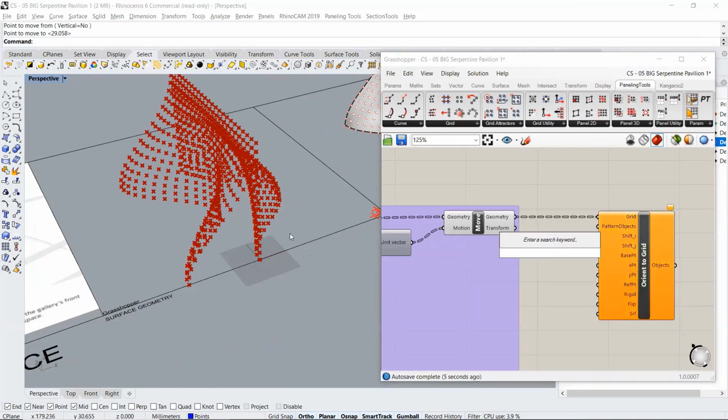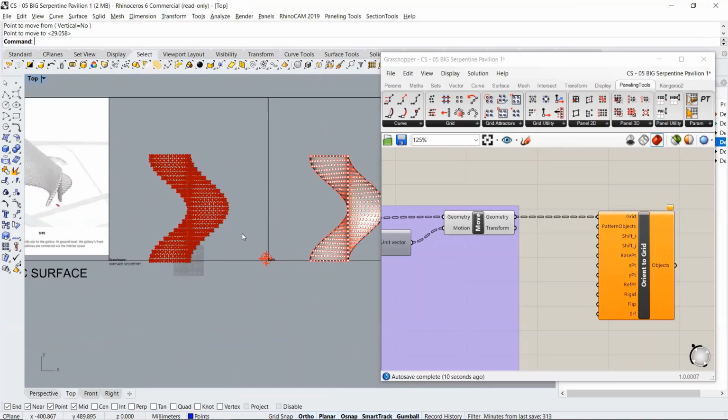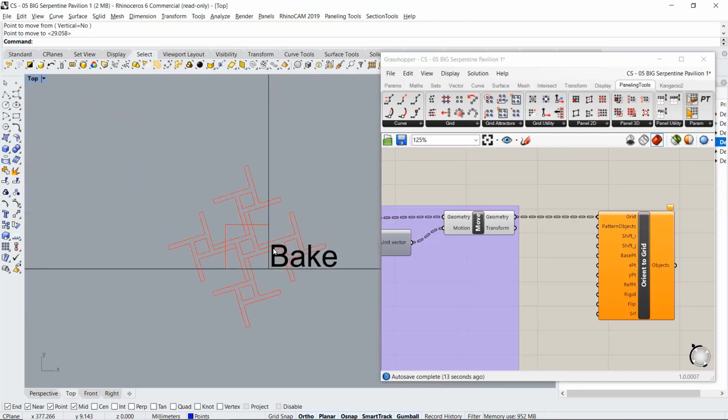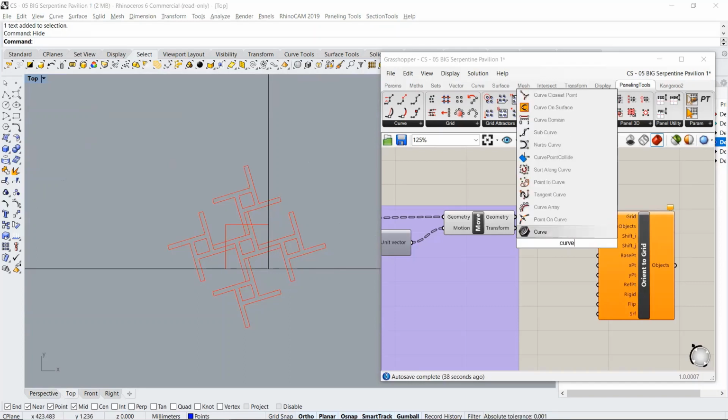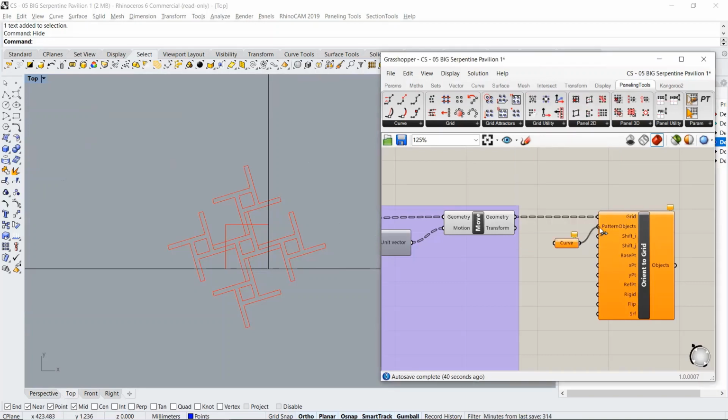So over here, let me come out of the perspective view into my top view. Let me just hide that for a second. In the corner, I've drawn a 20 by 20 cell, which is the size of the cell I designated in Grasshopper. And I've drawn this pinwheel pattern as a curve here. So I'm just gonna double click on Grasshopper and type curve and connect it to pattern